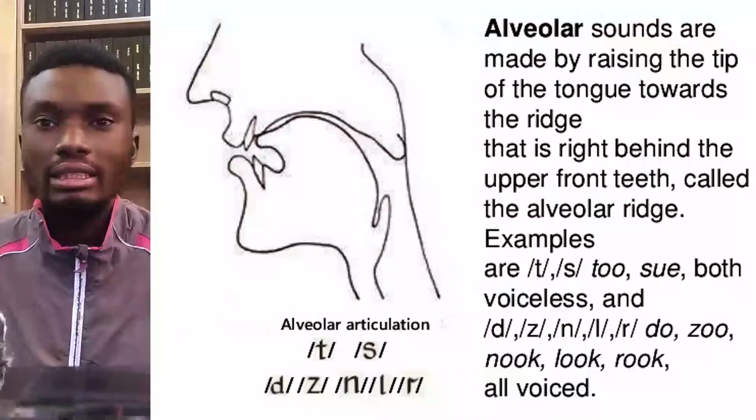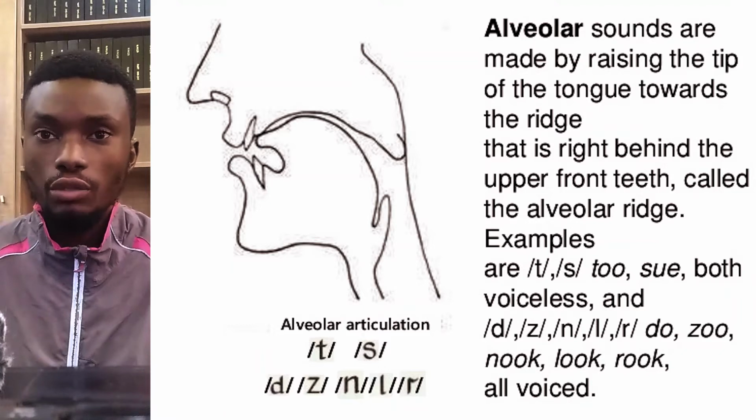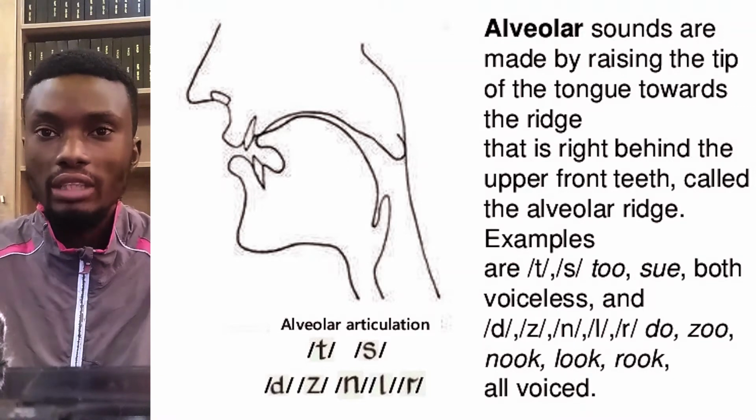And then D. Look at my mouth. D. It's the tip of your tongue that is touching your alveolar region. That's how we pronounce D, and then the air comes out. We use the tip of the tongue and the alveolar ridge to pronounce the sound D. Then E. A and E are both vowels. It's very simple.